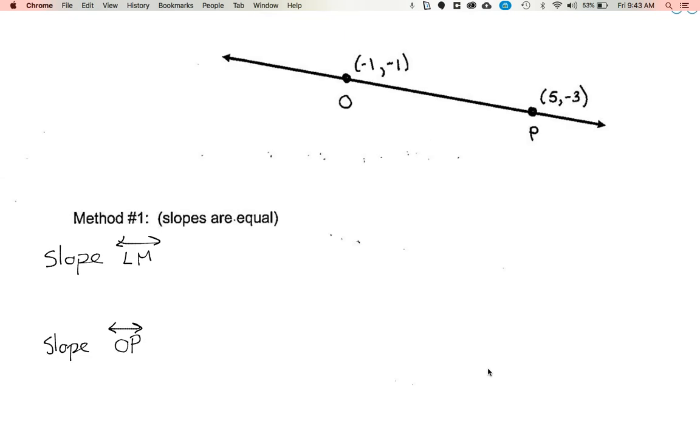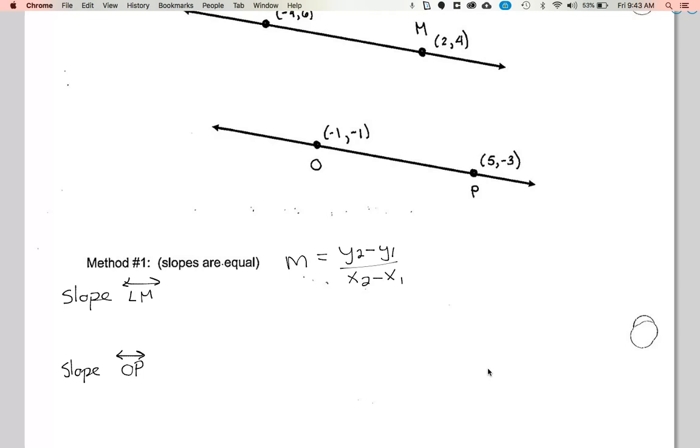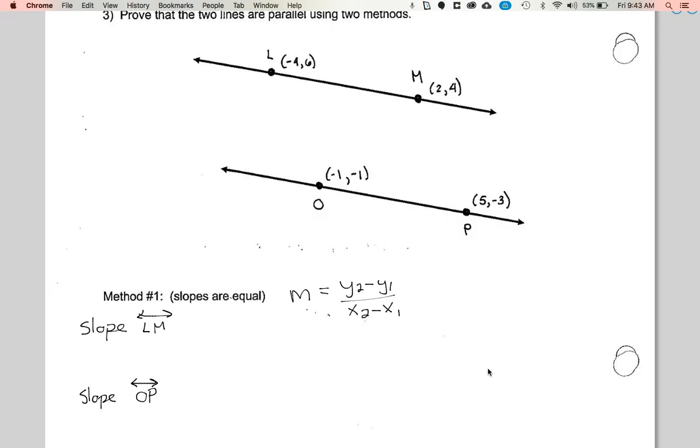And our slope formula is m equals y2 minus y1 over x2 minus x1. So I'm looking up here for my x and y values for LM. I'm going to do 4 minus 6